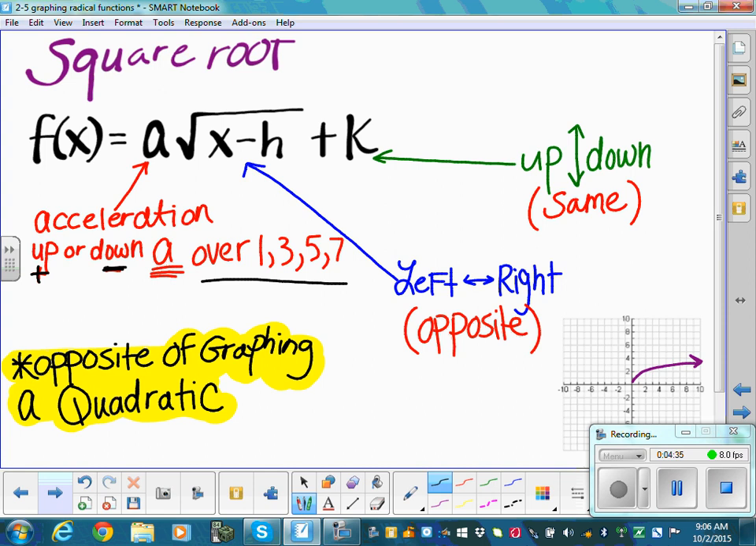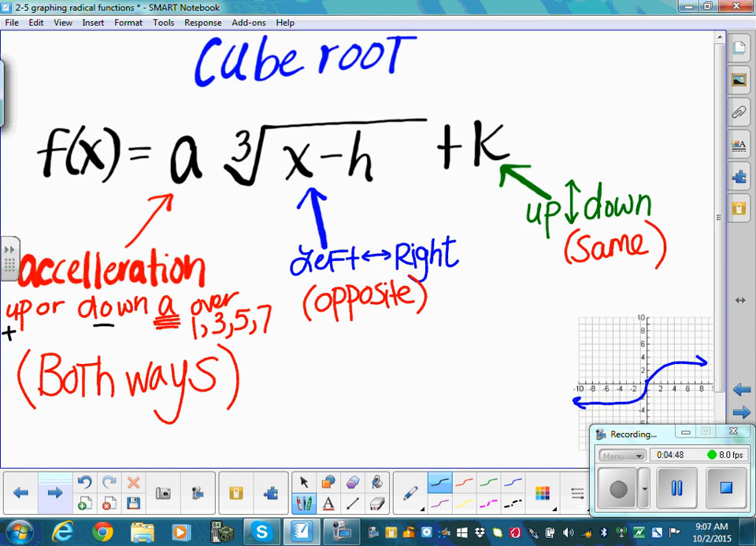Now, the reason it works exactly opposite of a quadratic is because square root functions are inverses of quadratics. So that's why they're exactly opposite. Once again, square root functions look like this. Okay. Then with cube root functions, sorry, not cubic, but cube root functions, once again, our acceleration works